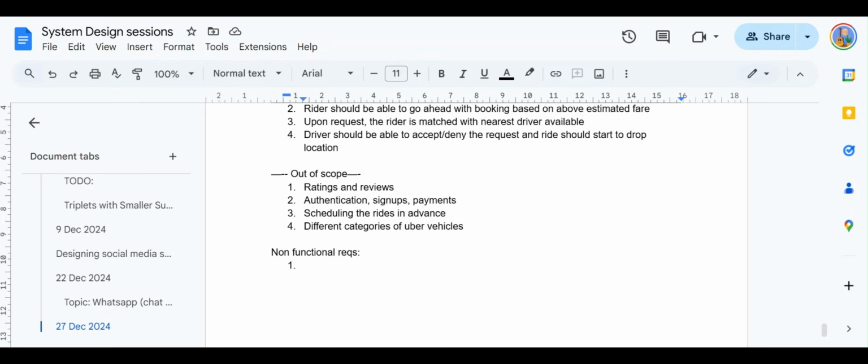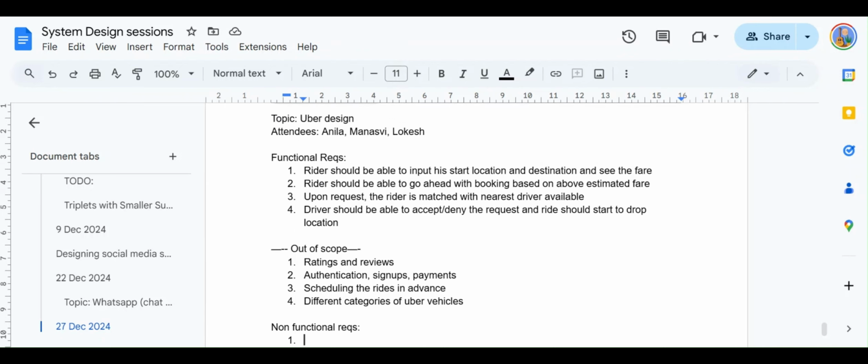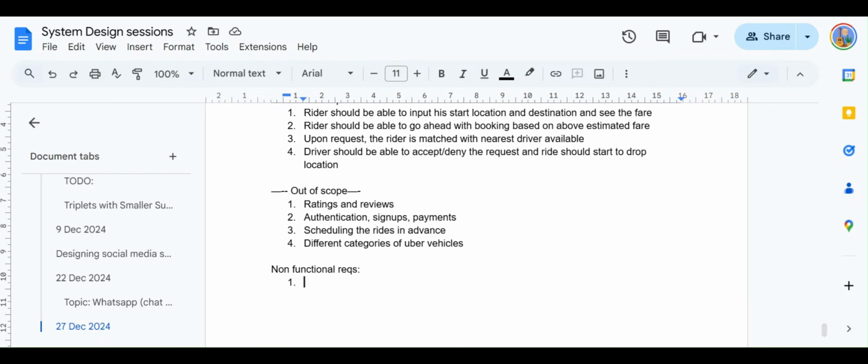The reason is that it burns a lot of time during your interviews, and you do not actually have enough time left to do the deep dives, to discuss the high level design, to build your system design diagram, and then go deep into that. So you definitely want to save time for it. I'll also keep giving some pointers around it, but for now, just keep that in mind. So coming on to the non-functional requirements, we want to have the non-functional requirements which actually matter for the system that we are going to build.